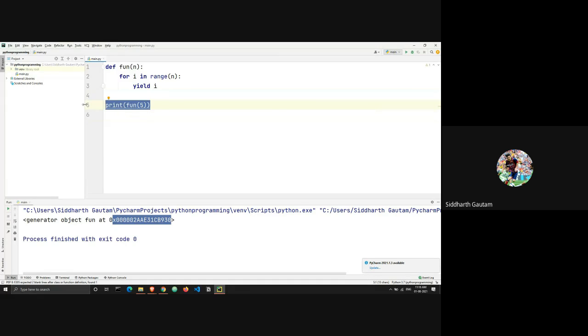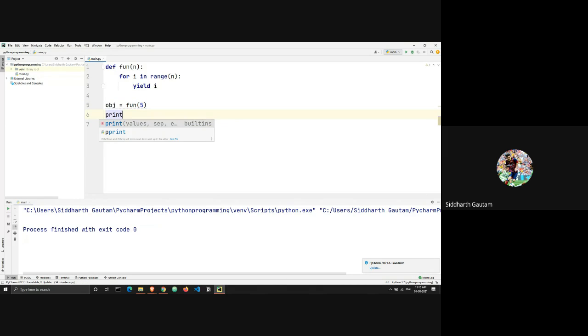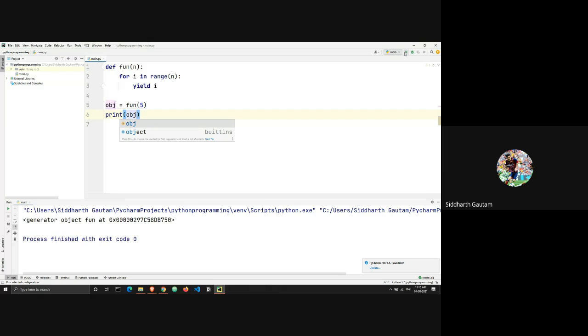Let's make an object equal to fun of 5. Let's see if this runs. We are going to print object. Again, we get the same output: the generator object of the function fun is at this address.